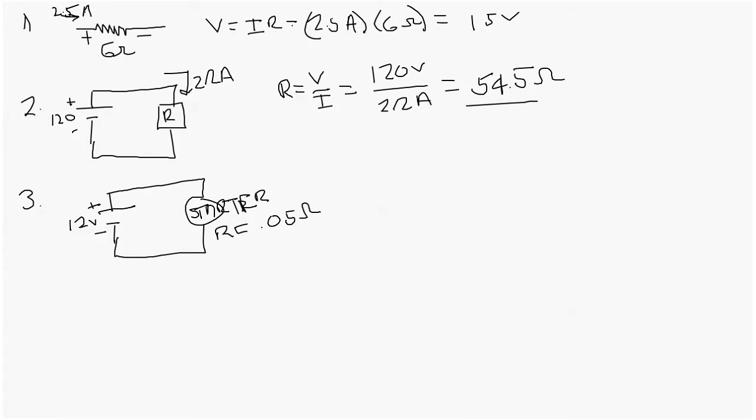So now I got to solve for current. So current equals voltage divided by resistance. So I got 12 volts divided by the resistance of 0.056. And so when I do that math, that turns out that I've got 214 amps, 214.3 amps, which is the